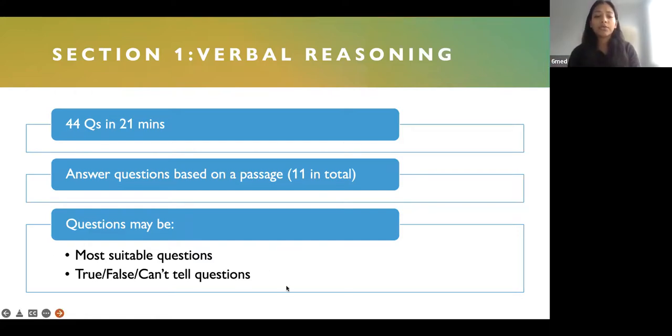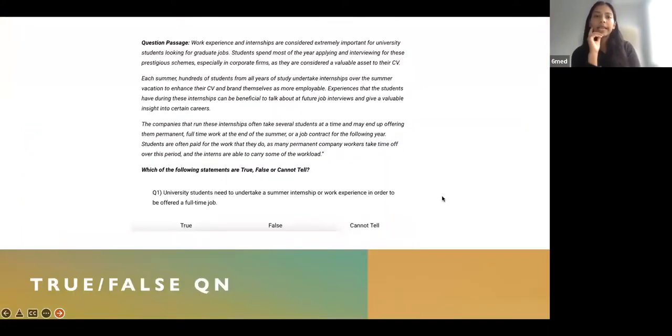Or you get true, false, can't tell questions. So I'll go through one of these in a minute. Looking at this question, I'll just work through it with you. The question's asking you which of the following statements are true, false, and cannot tell, and I've just picked